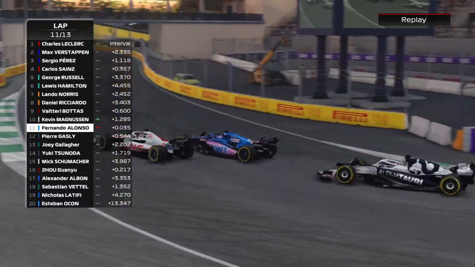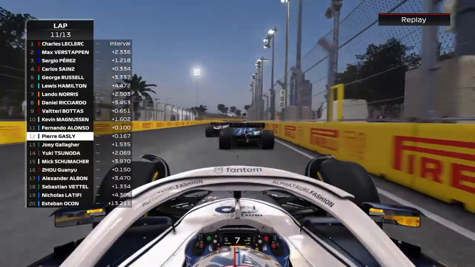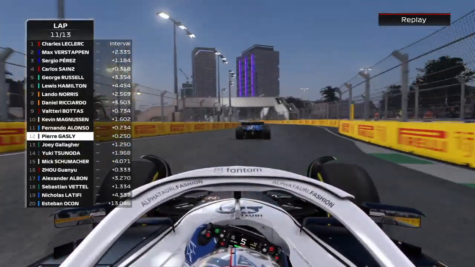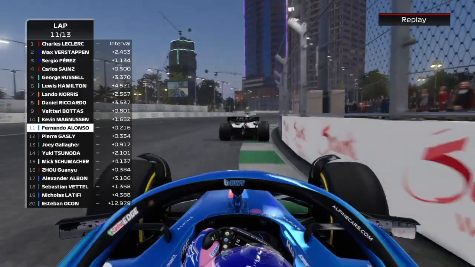Alonso sneaks it up the inside there of K-Mag here. Gasly is watching this with a bucket of popcorn here, trying to pick out a move here and pick up the scraps, just like Alonso did to Bottas and Magnussen as well. I don't think we'll actually be able to catch the 2 McLarens here. Those guys are pretty darn fast here, but these guys, because they've been squabbling, look at the delta time here